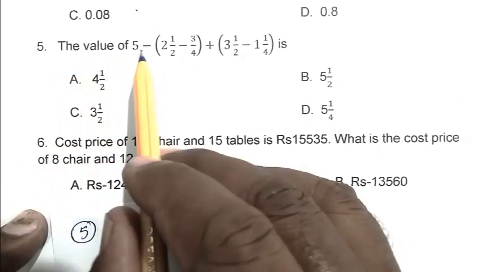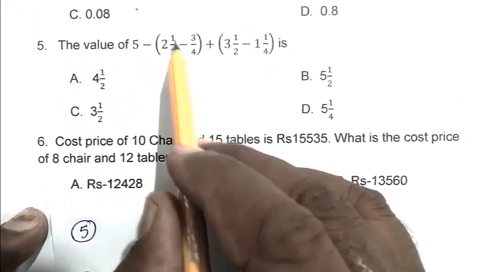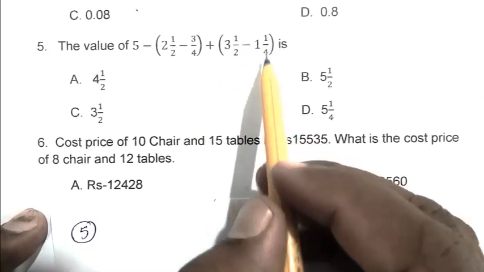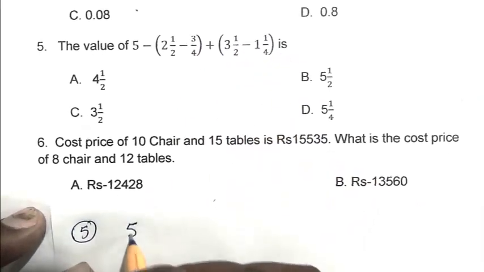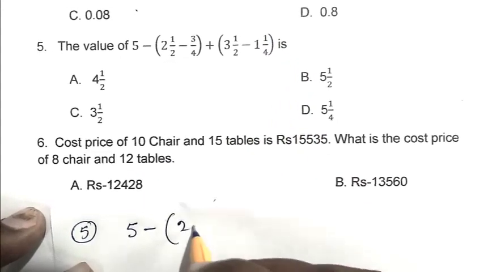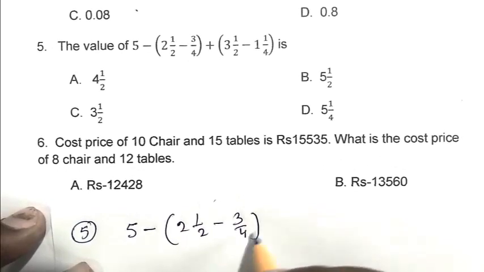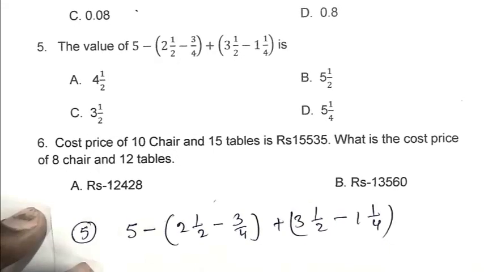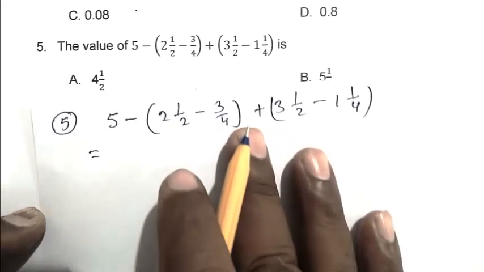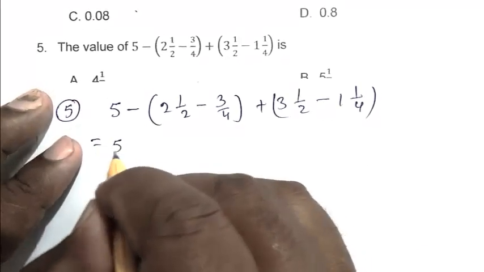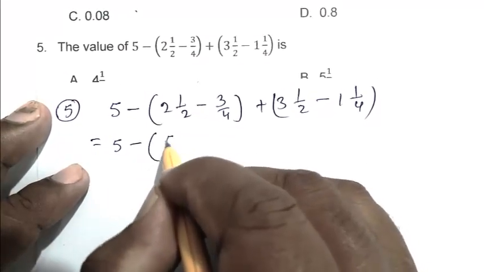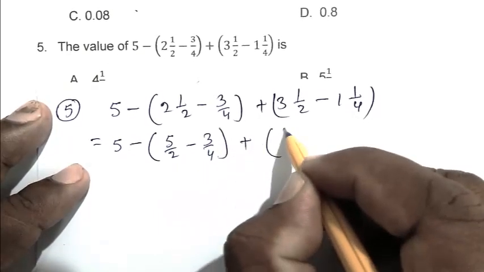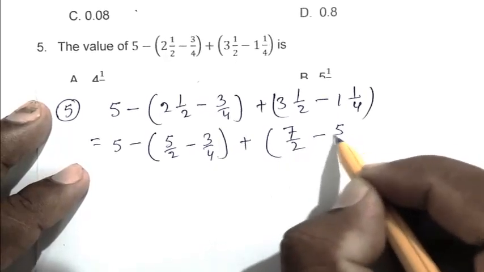Question number 5. The value of 5 minus bracket 2 whole 1 by 2 minus 3 by 4 bracket close, plus 3 whole 1 by 2 minus 1 whole 1 by 4 is. So we write the expression, 2 1 by 2 minus 3 by 4 plus 3 1 by 2 minus 1 1 by 4. So 5 minus 5 by 2 minus 3 by 4 plus 7 by 2 minus 5 by 4,